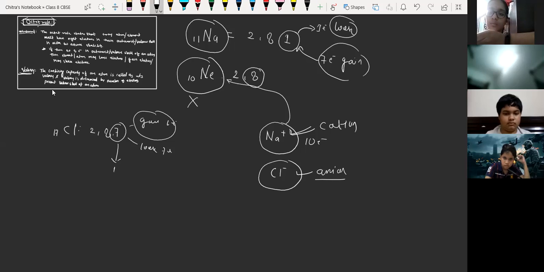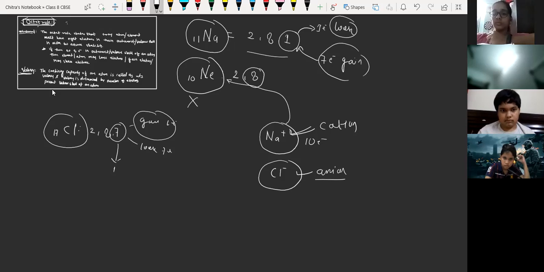No. We can calculate valency by knowing the octet rule and their electronic configuration. For both chlorine and sodium, we have gone through electronic configuration and octet rule. For 8 electrons, how many electrons will chlorine require? 1 electron. So the valency will be 1. Now, this question is for Abhinav. What is the valency of nitrogen, beta?